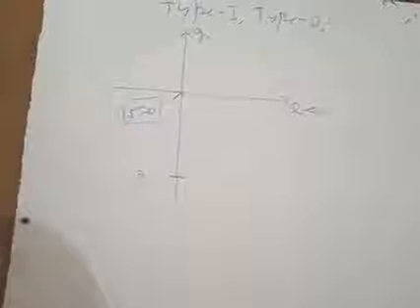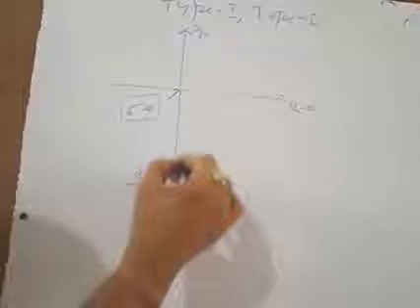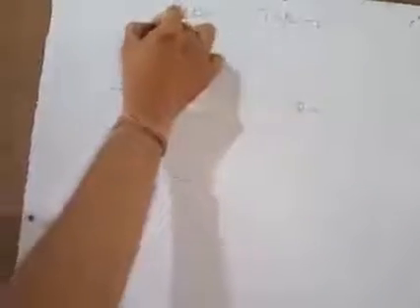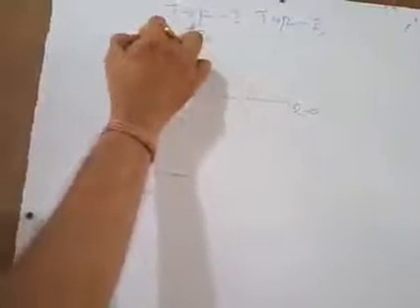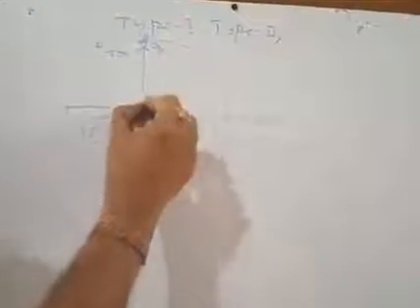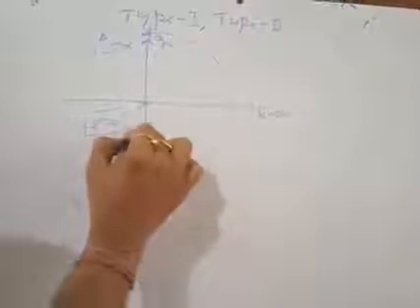This is again the B point where the value of s is minus j infinity, and you move in this direction up to, for example, a point A where the value of s is j infinity, and in this case also you have to consider the complete right hand side of the s plane. So this is one semicircular path. Now how to bypass this point? We are moving up to this point, say this is your D. You moved up to this point, then you have to bypass this 0.